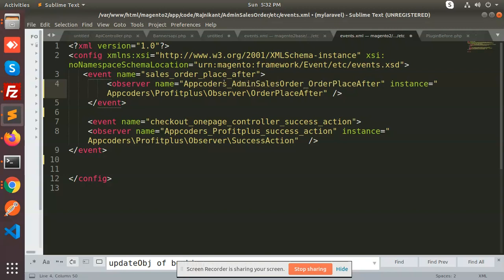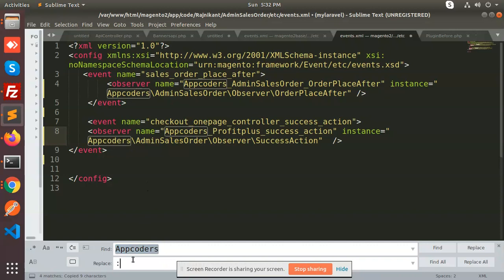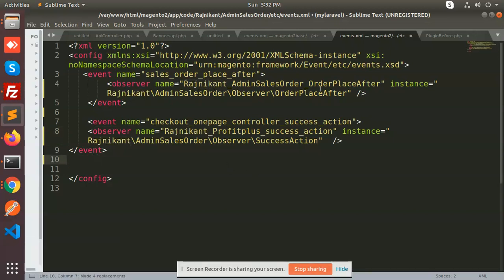We know that this is the admin sales order, and here we need to replace it: Ctrl+C, Ctrl+H, and the app orders name is replaced by my module name. Okay, so my module is ready. These two events are sales order place after, and checkout onepage success section. So we are going to replace these modules. Okay, so save this.